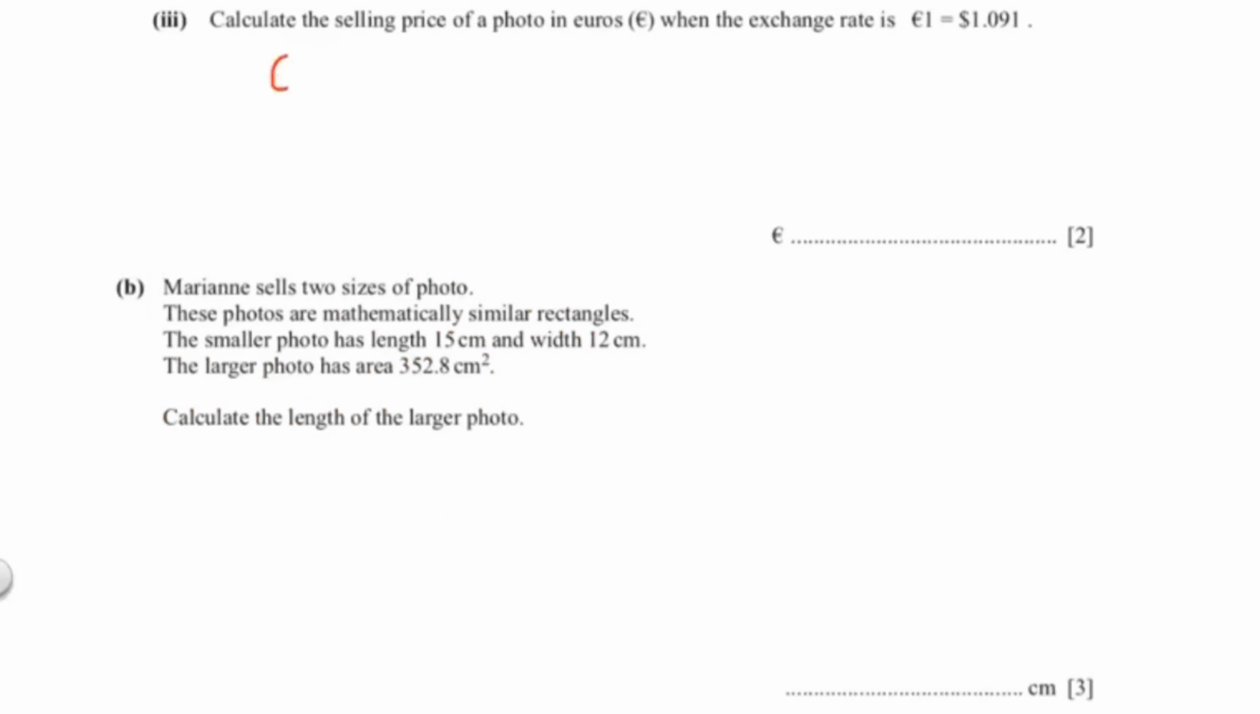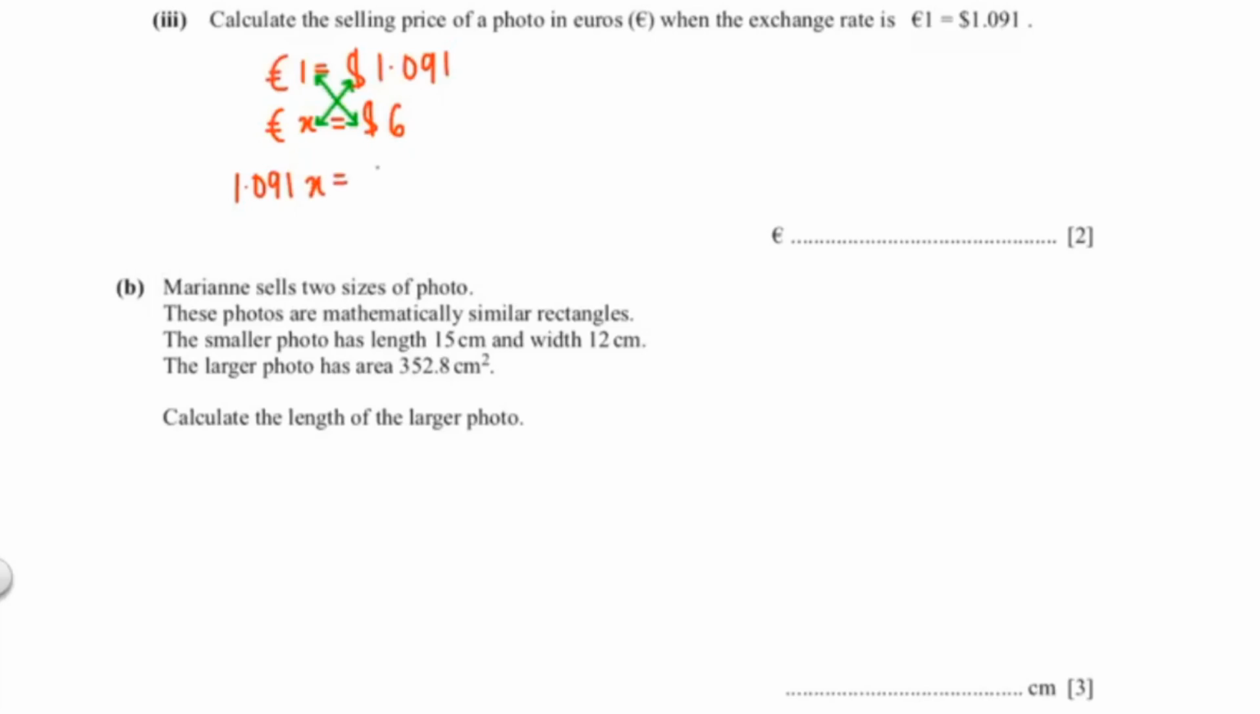In this next question, it involves exchange rate. So we're exchanging dollars to euros. Let me just write the exchange rate down again. Okay, so let's say we're finding x euros, which gives us $6, because that is the selling price. Now we're going to cross multiply, and that would give me